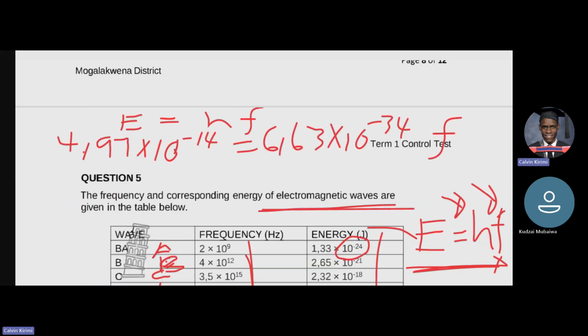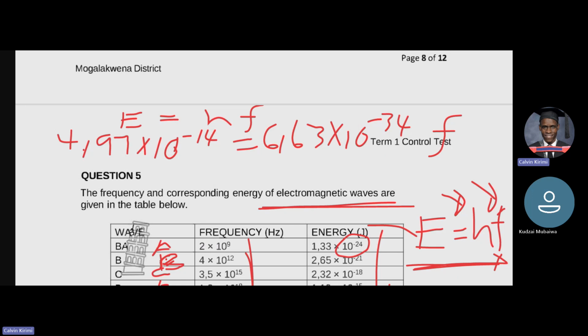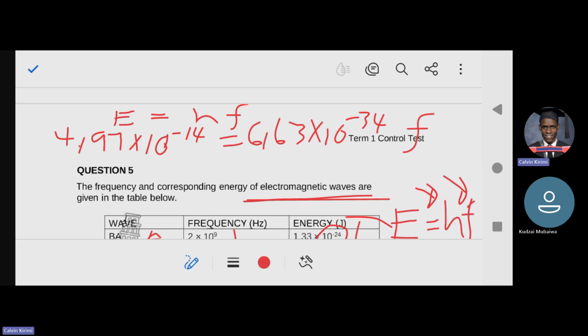So we're saying they will substitute the values. How are you going to solve the left hand side to get F? Then you divide both sides by 1. How are you going to get the value of F? You want to make F the subject of the formula. So you come and divide here by what? By 6,